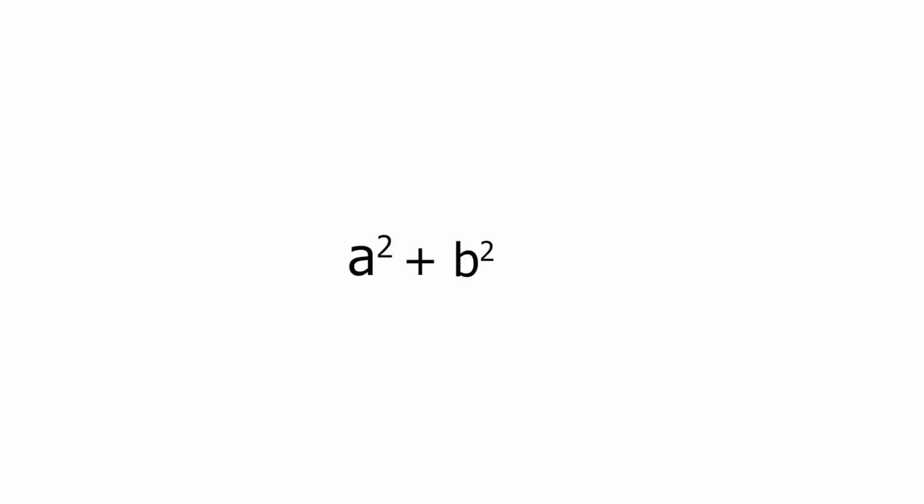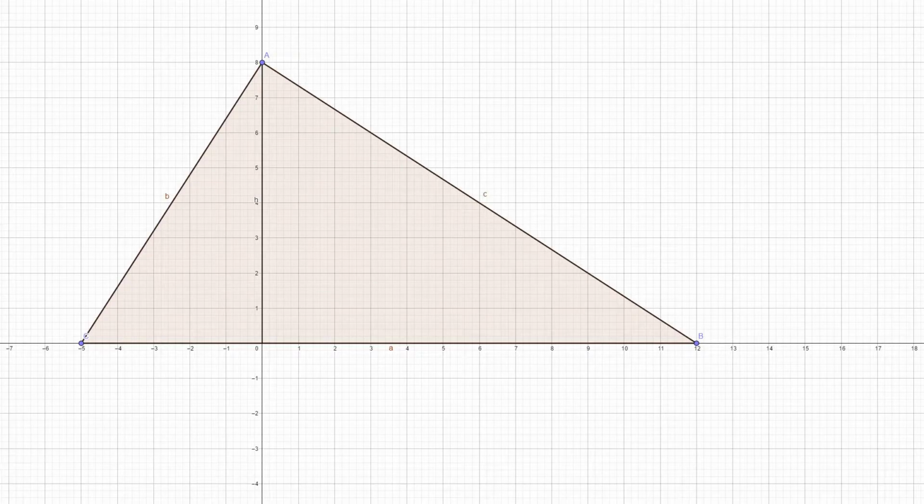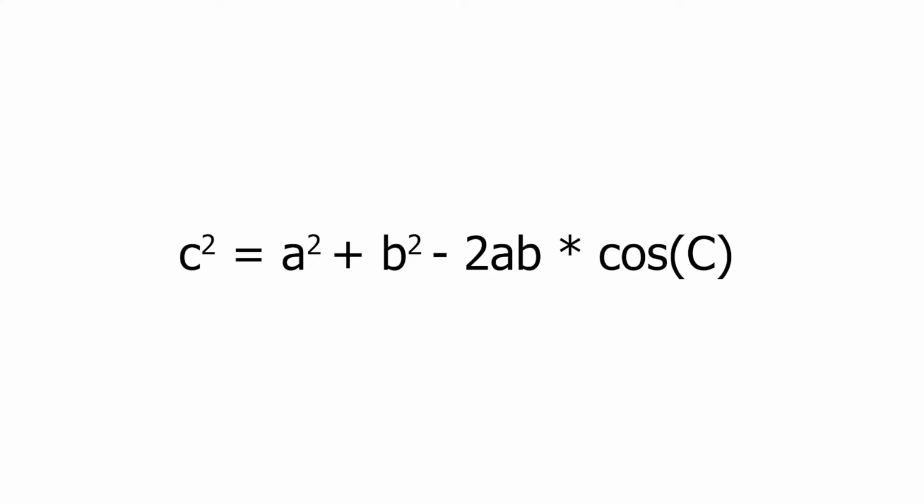You may be wondering, what the heck is the law of cosines? Well, you can imagine the law of cosines as being like the Pythagorean theorem, where a squared plus b squared equals c squared. However, what's different with the law of cosines is that it's meant for non-right triangles. The formula of the law of cosines is c squared equals a squared plus b squared minus 2ab times cosine